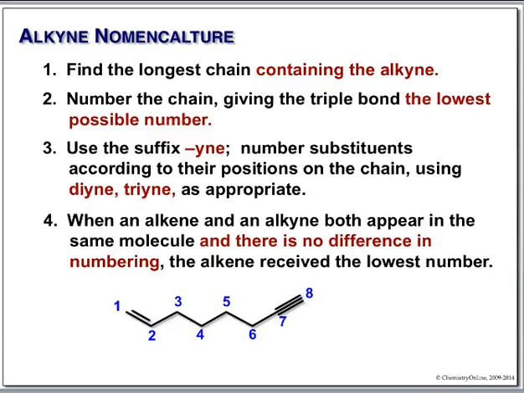We have 8 carbons. We have a double bond here in carbon 1, so this starts off as a 1-octene. Now we have to somehow show that we have 2 functional groups. What we're going to do is drop the E out here, and indicate that at carbon 7 we have an alkyne. Dropping our E, putting in our alkyne,